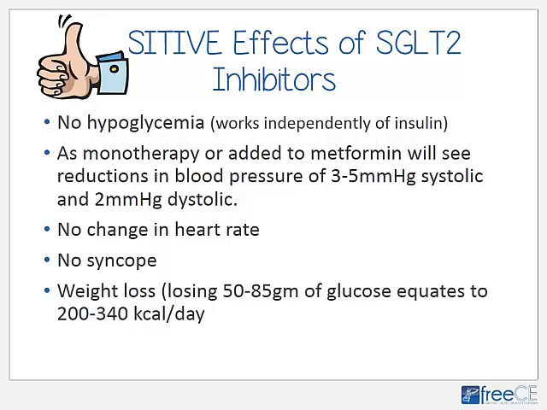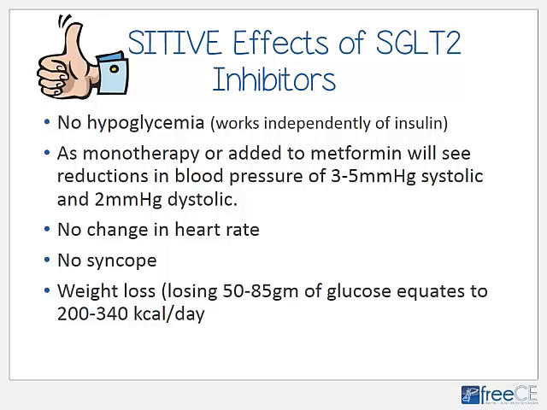It can be used as monotherapy or added on to metformin, and we'll see reductions in blood pressure of all things. We'll see a reduction in blood pressure of 3 to 5 millimeters of mercury systolic and 2 millimeters diastolic. There's no change in heart rate, there's no syncope, and we do see a pretty significant weight loss. We are going to be losing 50 to 85 grams of glucose, which equates to about 200 to 350 kilocalories